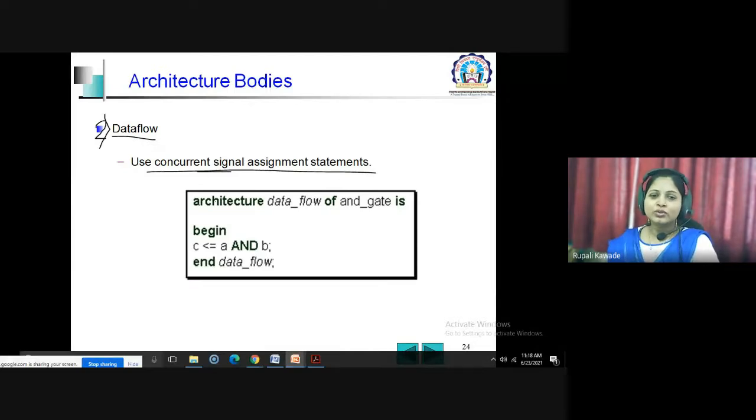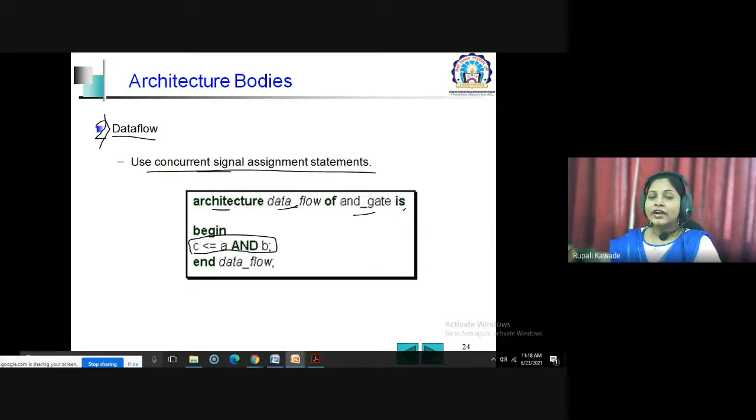You can see the example: architecture is a keyword, and the name of the architecture here is dataflow, which is user defined, of AND gate is, and begin is a keyword we know, which indicates the start of your architecture. Then there is only one statement present in your architecture, and what is that? C equals A and B. Why? Because we have used the Boolean expression of the output of the AND gate.